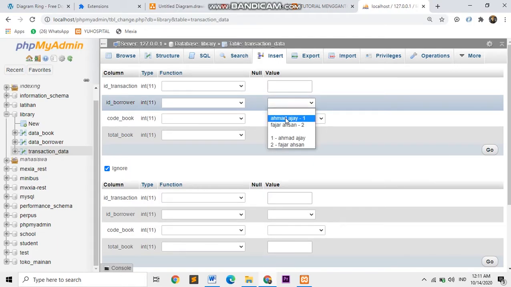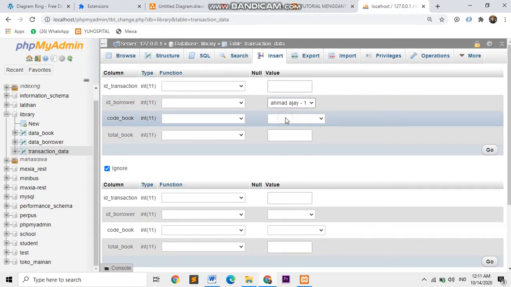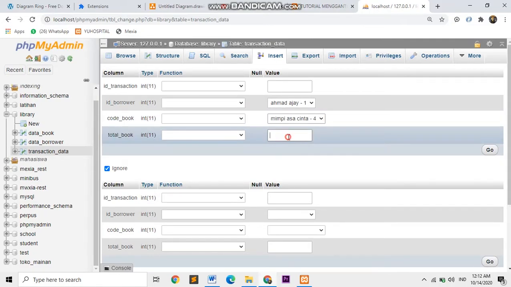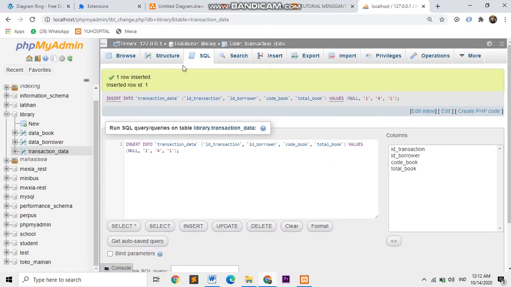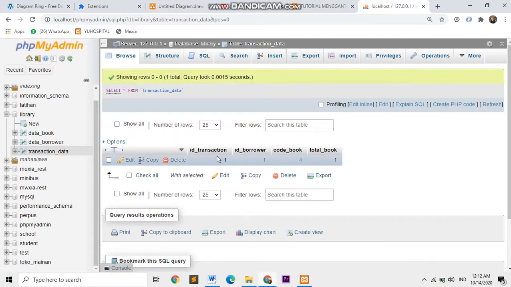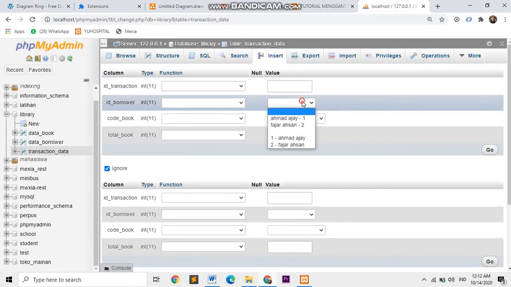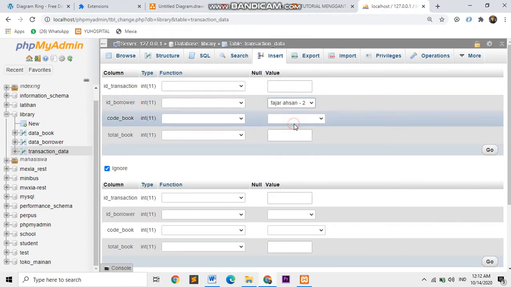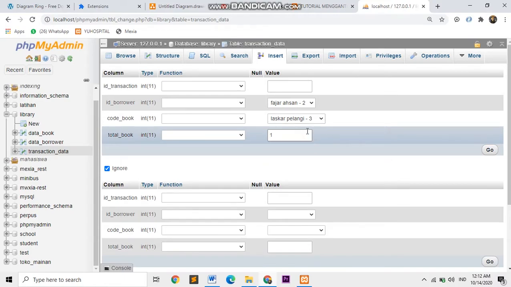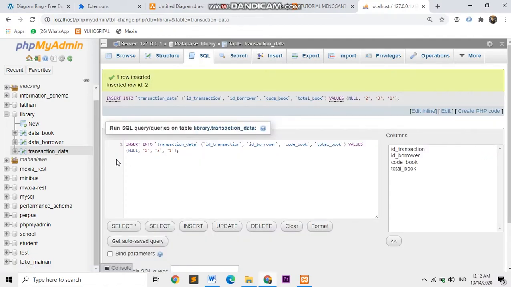So if Ahmad Ajay borrows Mimpi Asa Cinta, borrower 1, and go. Browse: ID transaction, ID borrower 1, code book 4, total book 1. We will insert again: Fajar Ahsan, Laskar Pelangi, and 1, and click go.